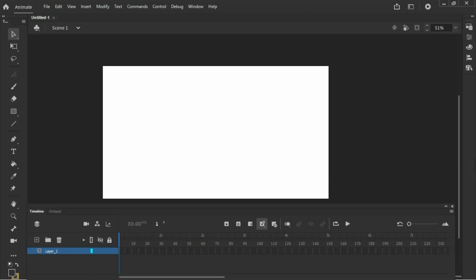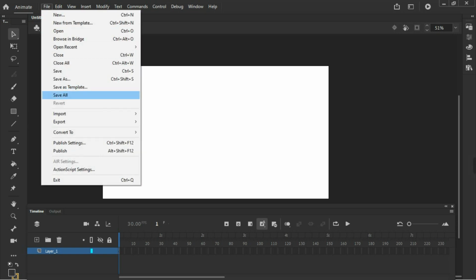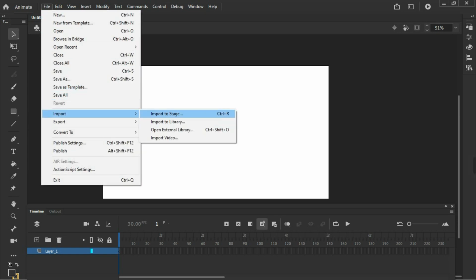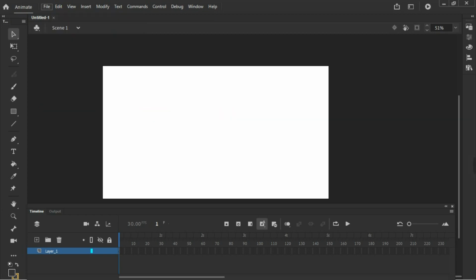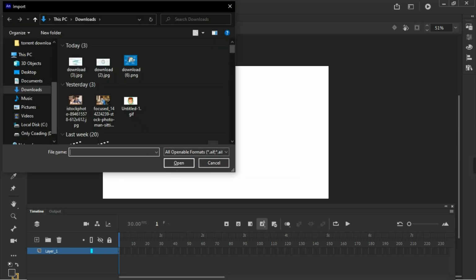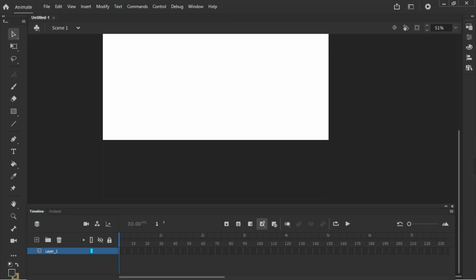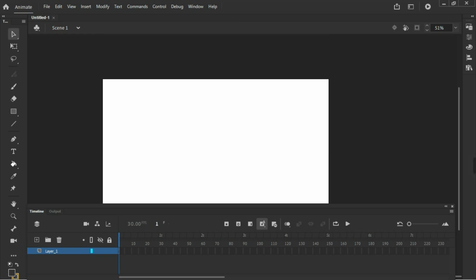Okay, so this is our timeline, this is our tool panel on our left side, and on the right side are all of the assets and the property bars. Okay, in here you can import and export any of this stuff. If you wanna import video, audio, images, whatever, just click on import to stage and you can import anything you want in here. But the condition is that the particular stuff or object must be compatible with this Adobe Animate version. Okay, so in here as you can see there are a lot of tools.